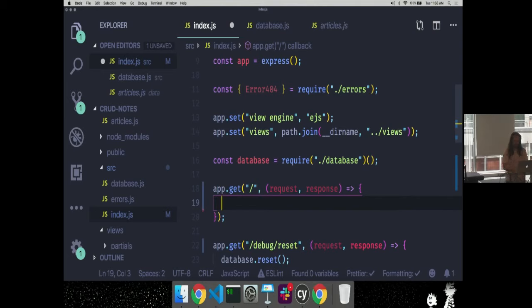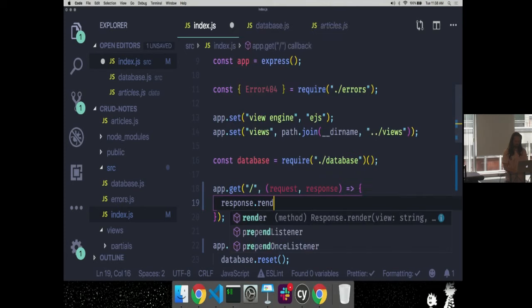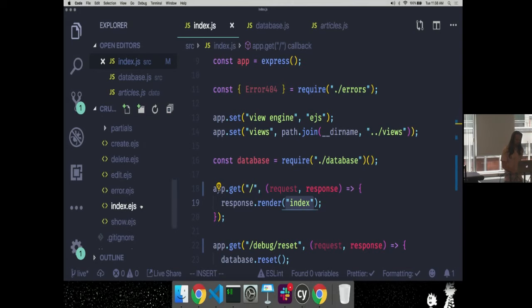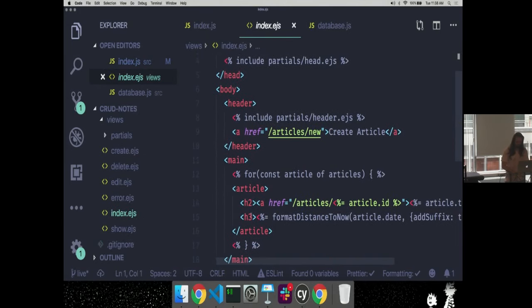You're going to render the home page? Yeah, I'm going to render the home page. It's going to be called the index page. So this is going to be a view, right? And it's my EJS folder. And so I just identify that when someone makes a request to /, I'm going to render the index view. Okay, so here's my index view.